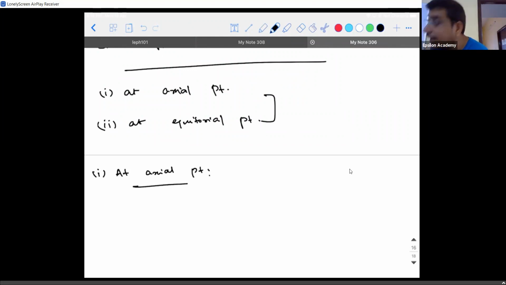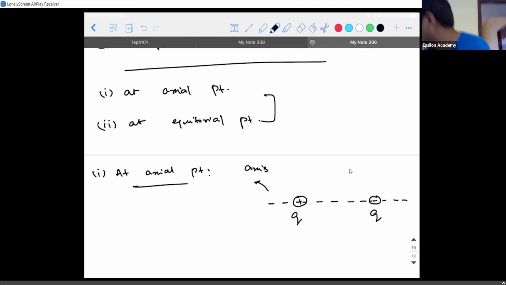For that we need to know what the axis of a dipole is. So what is the axis? How do you define it? It is an imaginary line joining the two charges along them. So if I take this as the positive and this as the negative charge, and you draw an imaginary line joining these two charges, then this line is what is called the axis. This has a positive charge q and this has a negative charge q. When I say axial point, it can be any point on the axis. The point on the axis can be on the left of the positive charge, or completely on the right of the negative charge, or in between them. It is our wish.